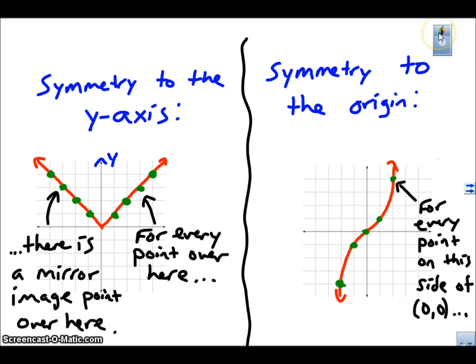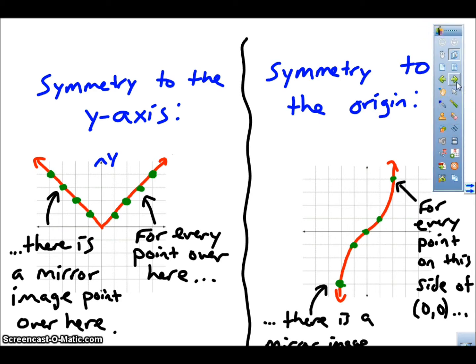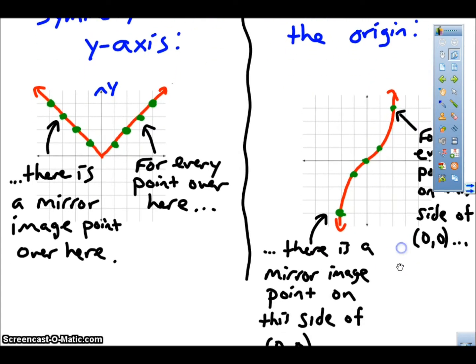For symmetry to the origin, what we have here is a graph which is very similar to the cube graph, x cubed, but I did alter the points a little bit to make it fit in my grid. But the symmetry is the same as what you have for x to the third power. What makes a graph symmetric to the origin is that for every point on one side of the origin, 0, 0, there is a mirror image point on the exact opposite side, the same distance away